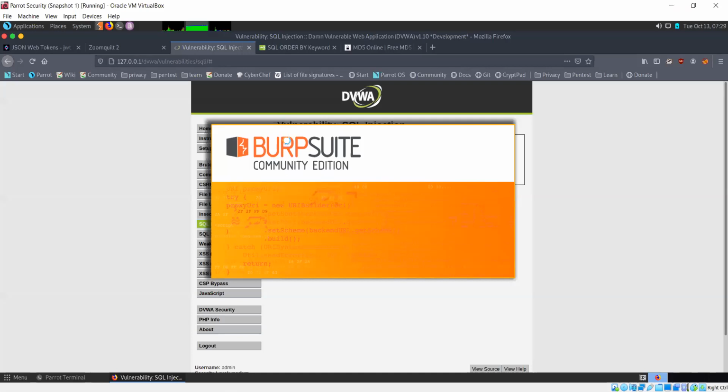So what we are going to do now is intercept that request in Burp, and then we'll be able to perform the SQL injection via that.